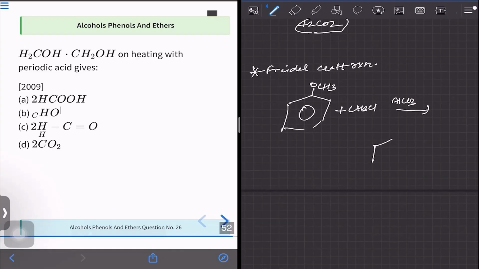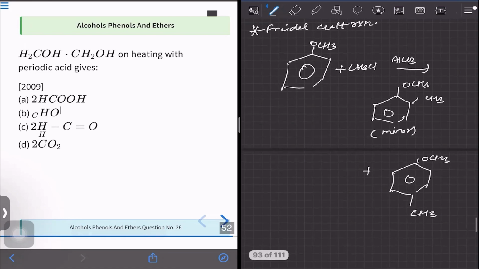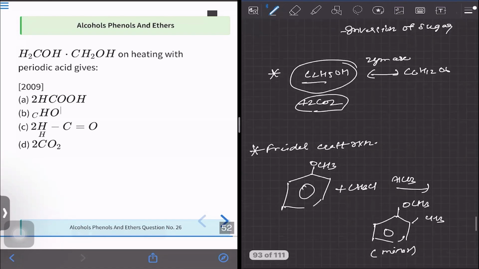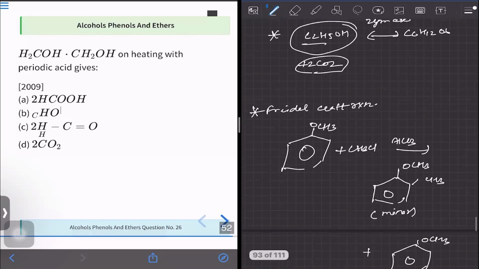So there will be substitution at the ortho and para positions, that is CH3 here. This will be a minor one, and substitution at para also. We all know, as I discussed, that this is due to the resonance effect, due to delocalization